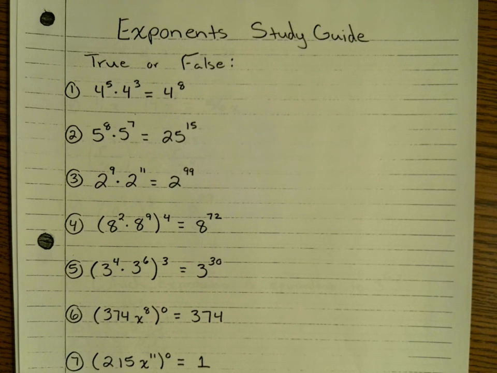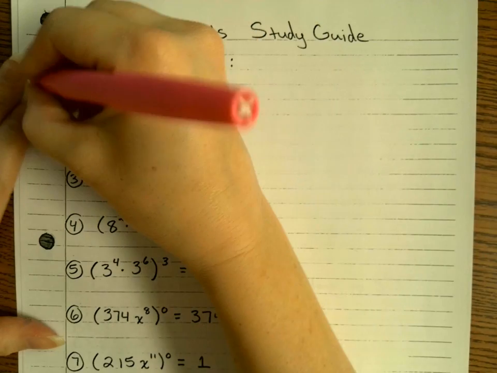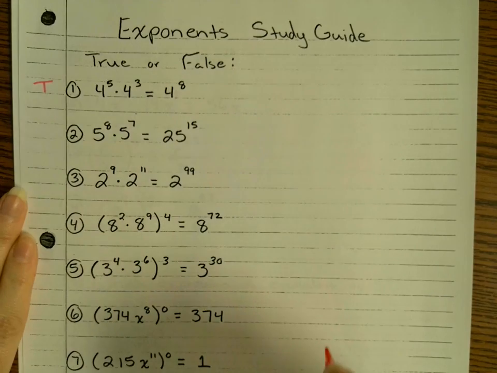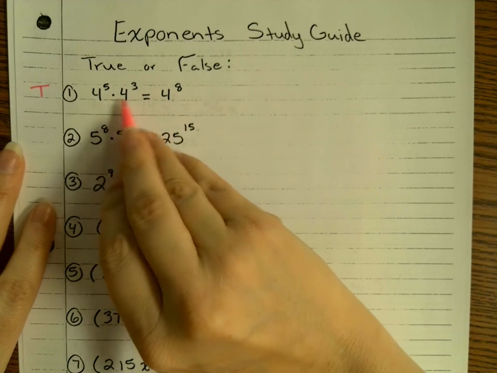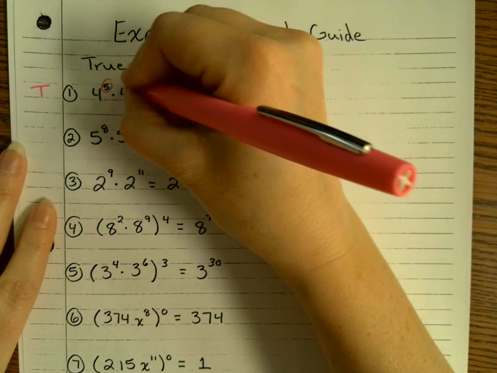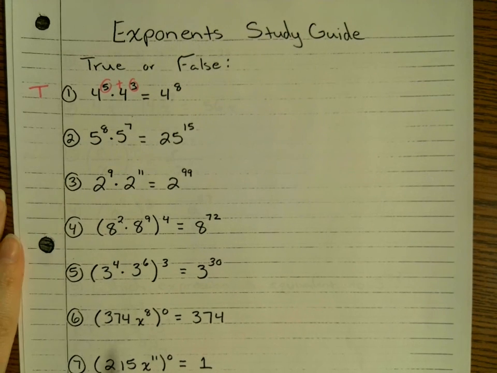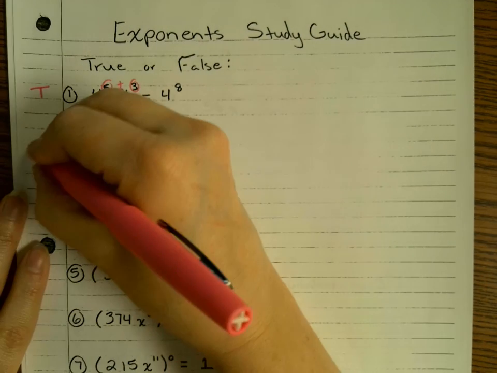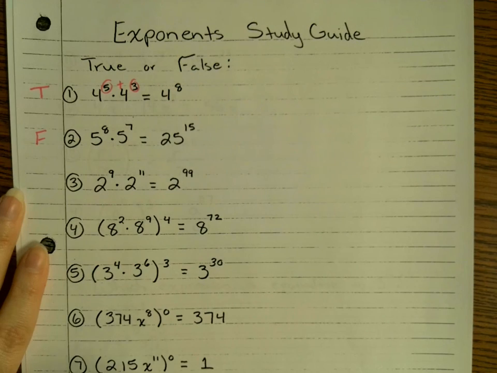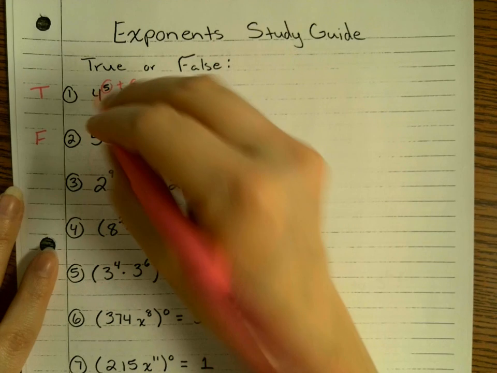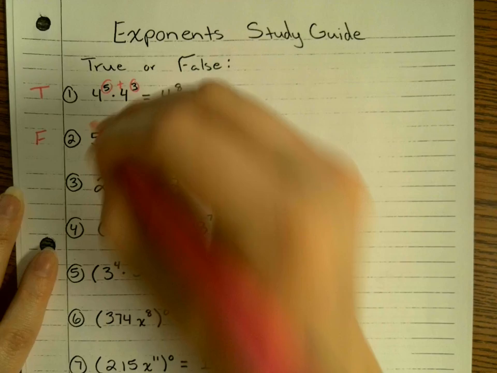Problem number 1, this is a true statement because they are the same base. That means you're just going to take the exponents and add them, and that will give you 4 to the 8th power. Number 2 is going to be a false statement because, yes, you add the exponents, but you need